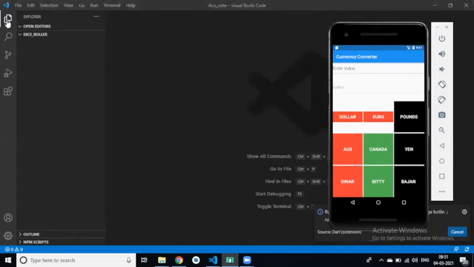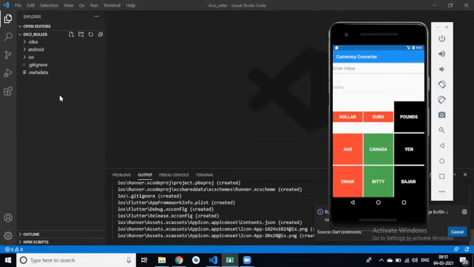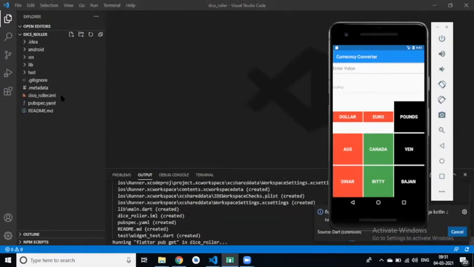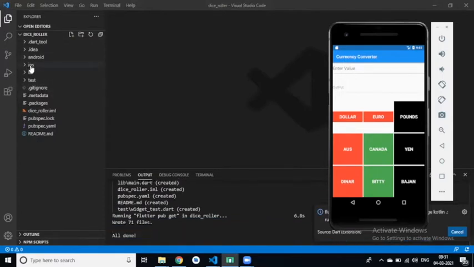Can you please explain the file structure of this Flutter project, Dibya, like Android, iOS, lib, and all the files?